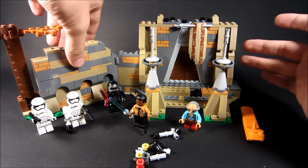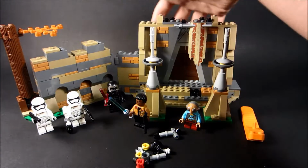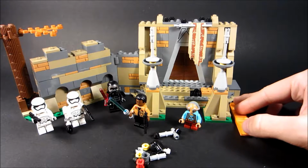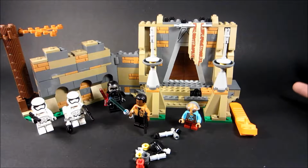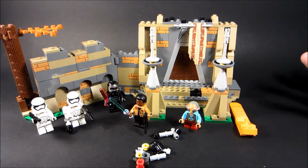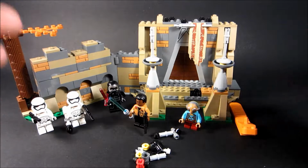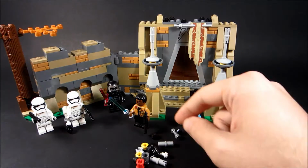And so I would say, like, we got this other wall. There could have been another one here. There could have been an interior, something. I don't know. We're also getting into a possibility of older fans that would want a bigger version of Maz's castle, and that's when you get into people my age that kind of grew up with the prequel stuff. That might be a chance for the Jedi Temple, for the Senate building, for certain things to finally be made, because the older fans now are the people that grew up with the prequels that like it,